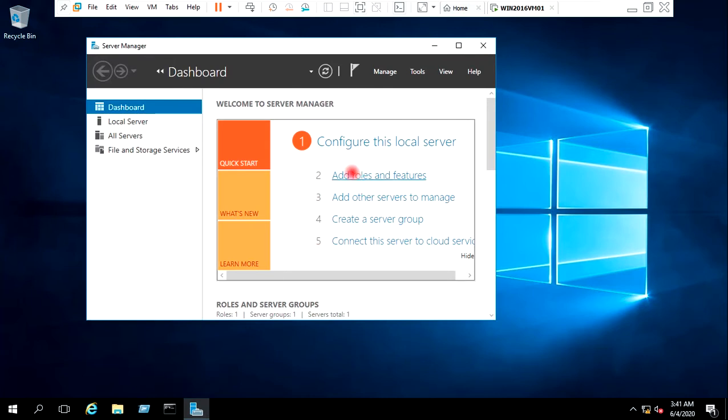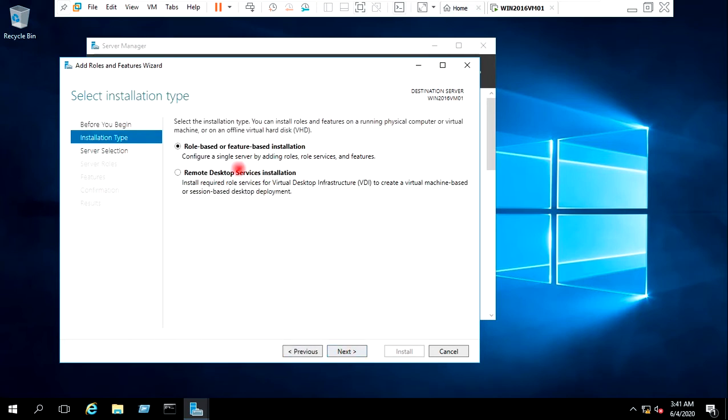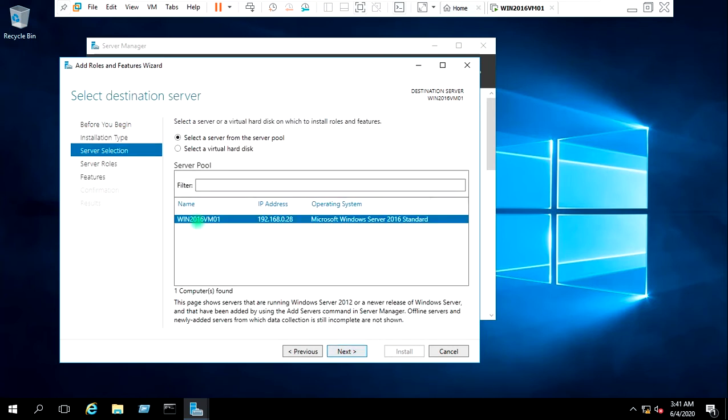I will go to add roles and features. Next, role based. Next, I will select the server here, which is my Windows Server 2016 server, and the IP is 192.168.0.28, and the hostname for this Windows Server 2016 is Win2016VM01. Next,